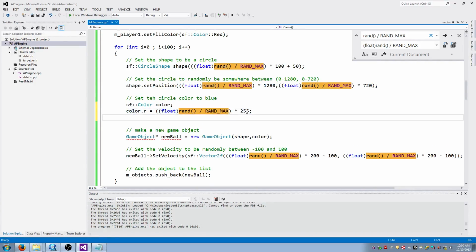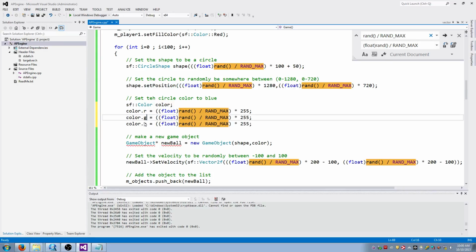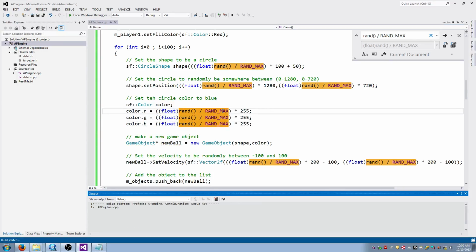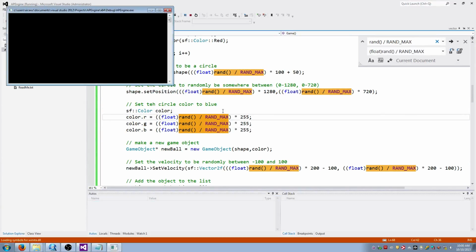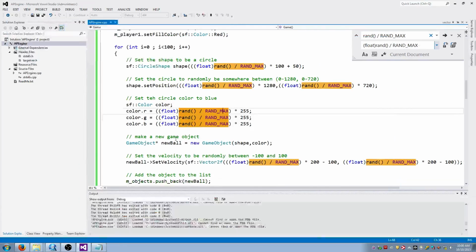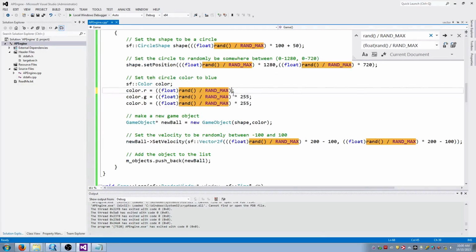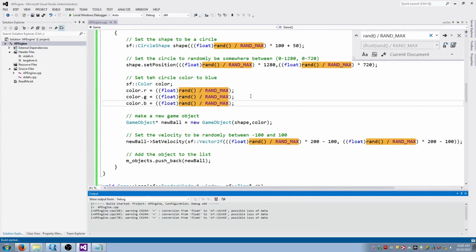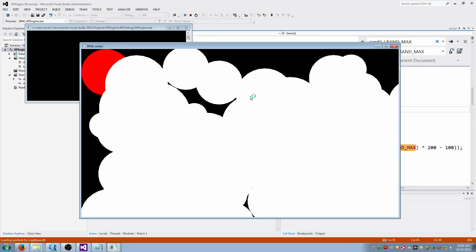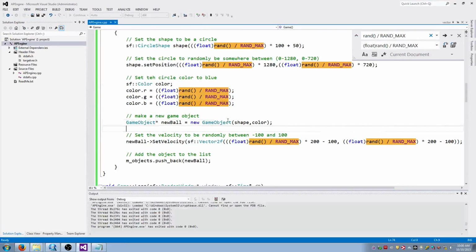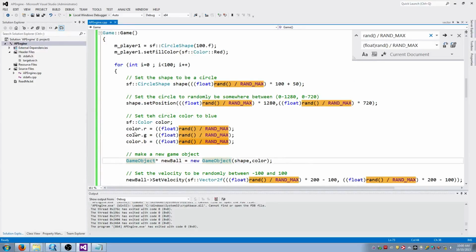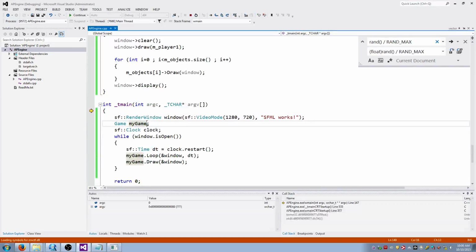I think it goes from 255. Looks like these are floats, so I don't need this. Are they being assigned to those objects? I think this random number, these colors here,